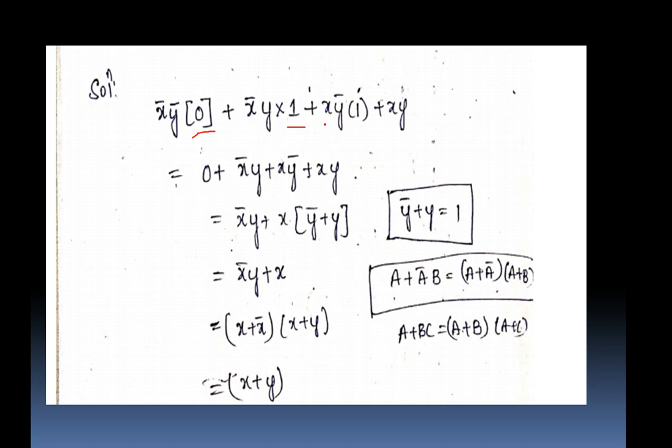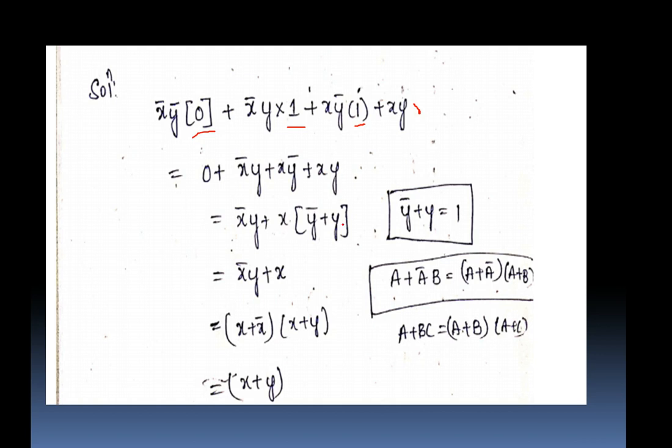When x is 1 and y is 0, that is 1 0, it is connected to VCC, so the output is 1. And when both x and y are 1, the 3 is also connected to VCC, so it is also 1. So here x bar y bar into 0, the value is 0, and x bar y plus x y bar plus xy. In these terms x is common, so y bar plus